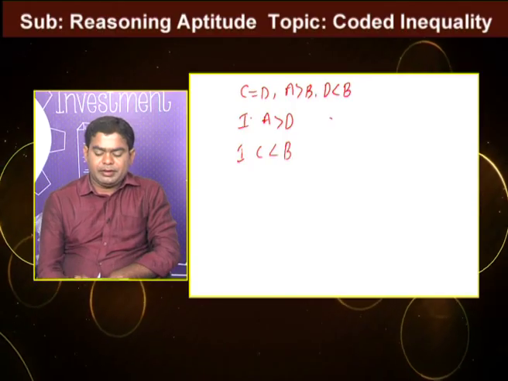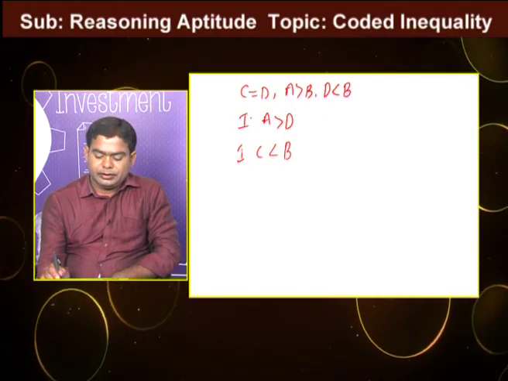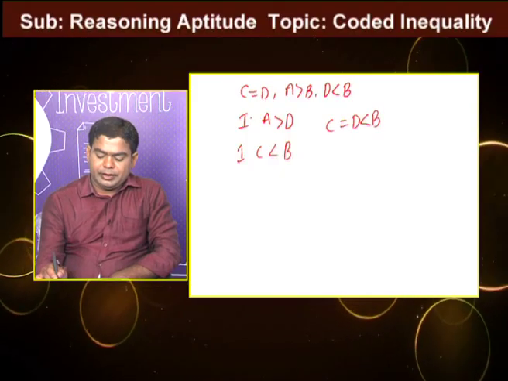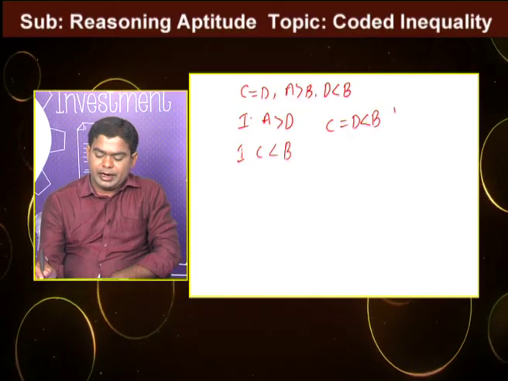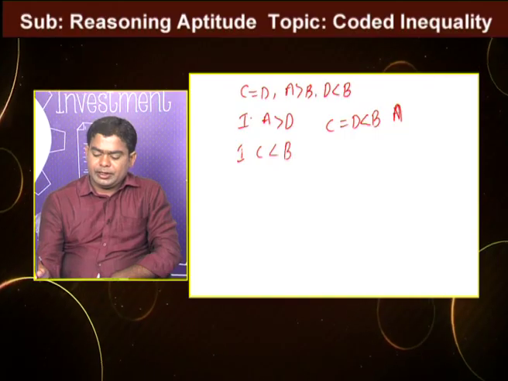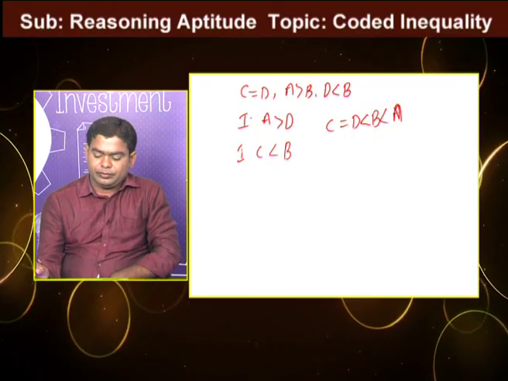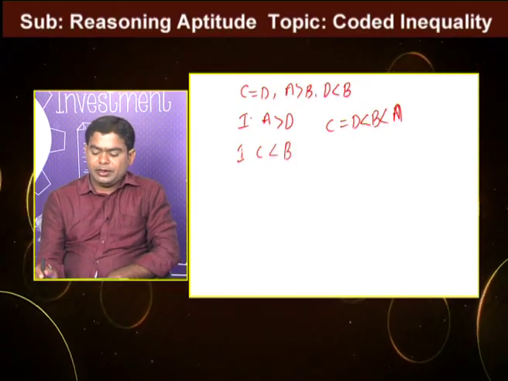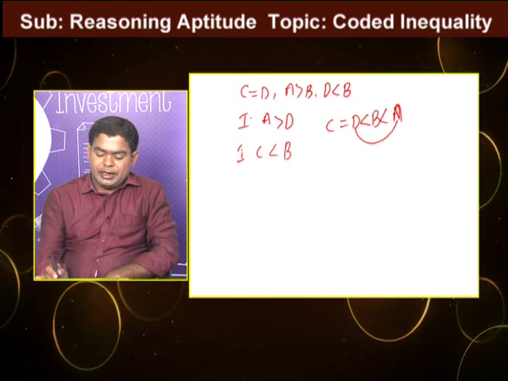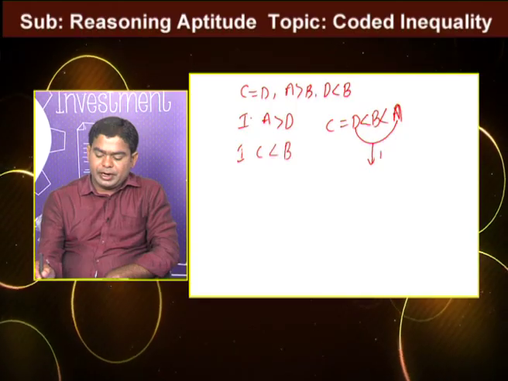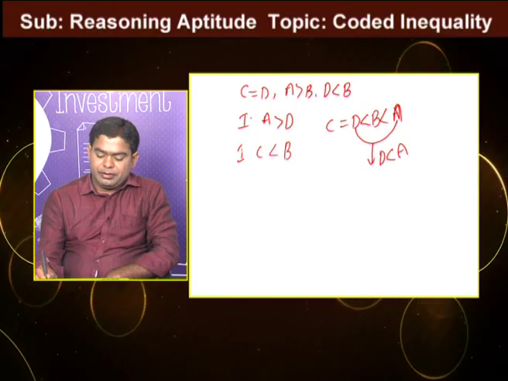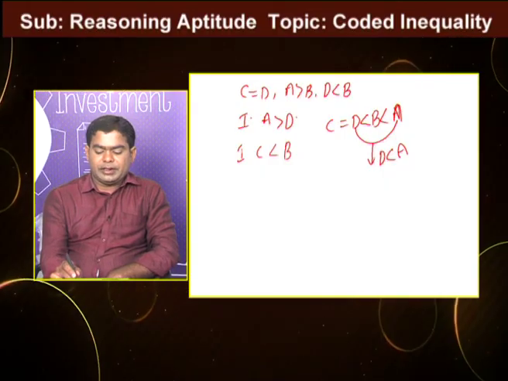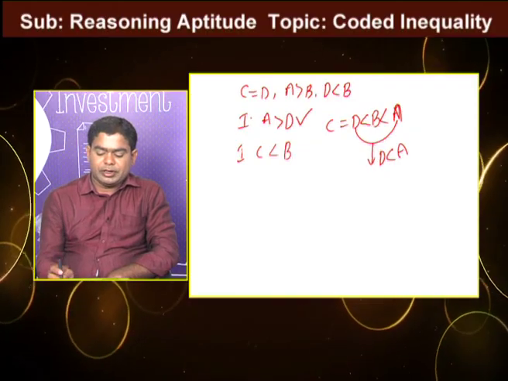First of all, we combine the given statement. Here C is related with D, D is related with B, again B is related with A. That means the arrows are towards the A side, so we take the less than. A greater than B is nothing but B less than A. In this combined statement we verify the relation between D and A. By observation we get D less than A, which is nothing but A greater than D. Both are the same, that's why conclusion 1 follows.